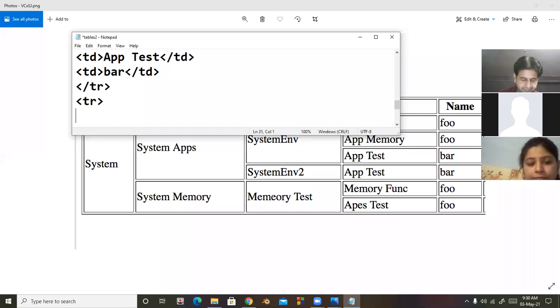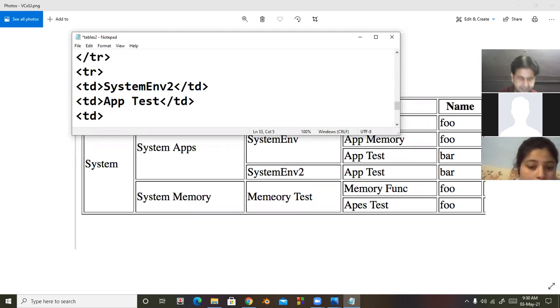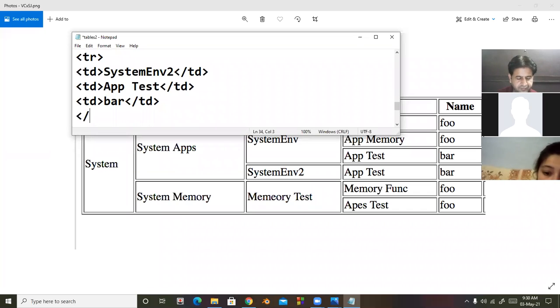So I'm taking here td, system, env2, then td again, app test, next is bar, then tr close.